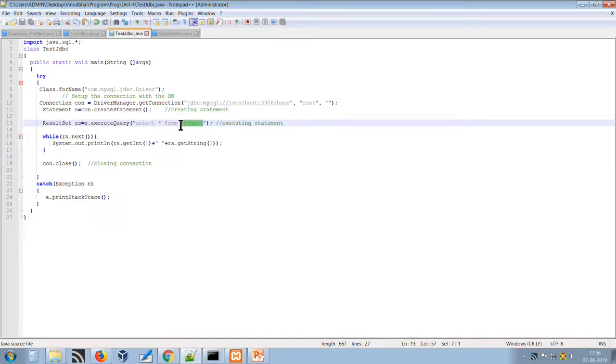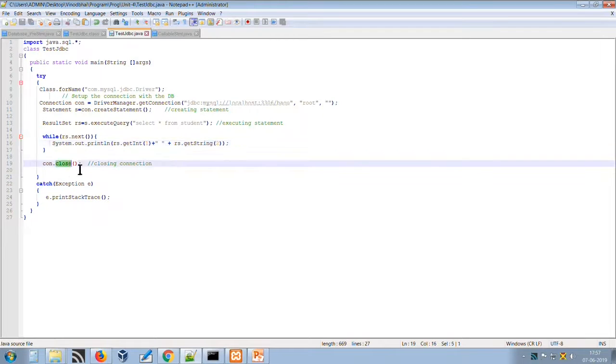Once the statement executes, it returns the result set, and using the result set method next, we traverse all the records from the table and display them using System.out.println, resultSet.getInt(1) plus resultSet.getString(2). That means we are simply printing the records on a single line. We have used the plus concatenation operator, and after that we are closing the connections.